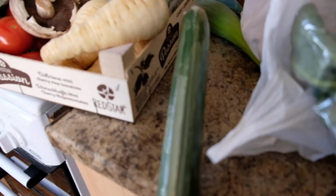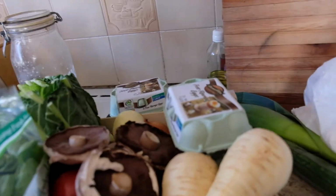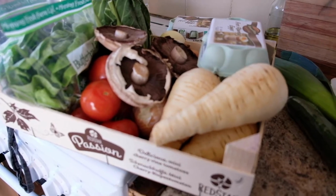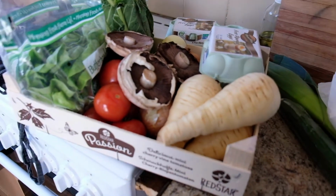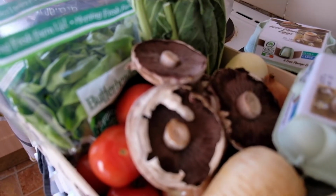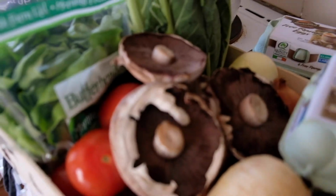A leek, a cucumber, also unfortunately in plastic, but also Irish. Some Irish free-range eggs. I got quite a few of those because we eat a lot of eggs at the moment. We've got parsnips. Parsnips are one of my favorites for roasting. I love good roasted parsnip. Then we've got some big mushrooms. These ones are going to be burger mushrooms, I think. We're going to make some...